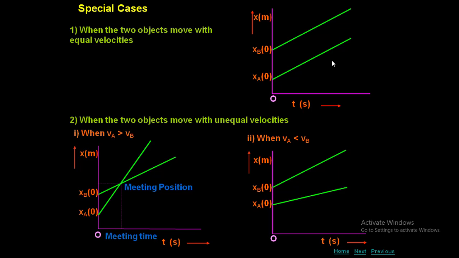In a simple instance, I'll give an example to make relative velocity clearer. Suppose you are traveling in a train with a certain speed. There is a parallel track with respect to your track, where there is another train which is also moving in the same direction with the same speed. Now there is a friend who is sitting in the other train. Both of you are seeing each other. Both started at the same time. Both are traveling with the same speed. Then how do you both appear to one another?